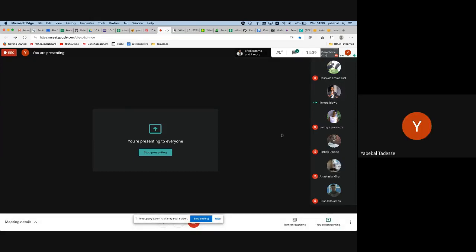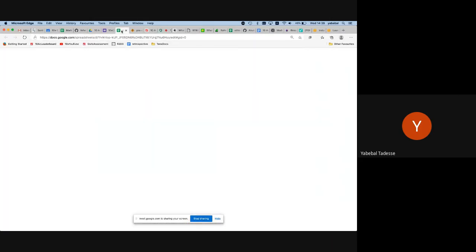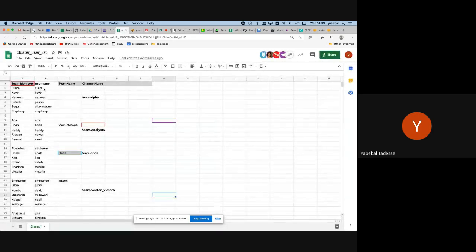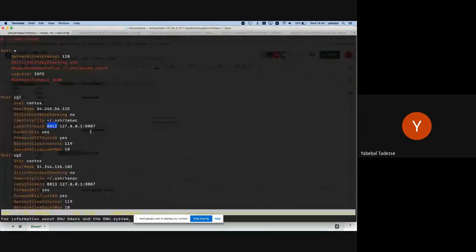The username is via Google Sheet or whatever you chose. Except if you chose two names, I chose only one. So exactly these ones, the usernames are the ones that you have to refer to. That's your username. The home directory, as well as also in the config, like in here I put CentOS, for example. So I'm just going to change it to mine, as a user, I put it as Yabebal,